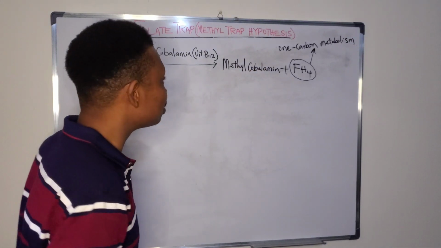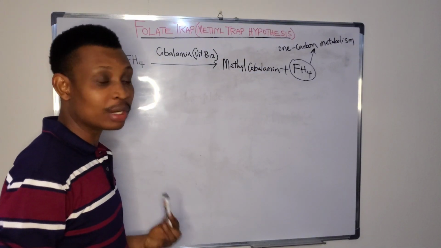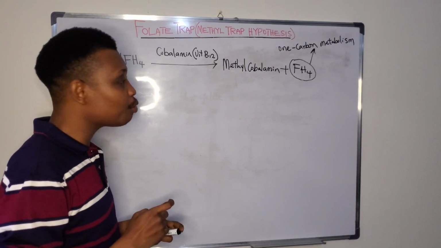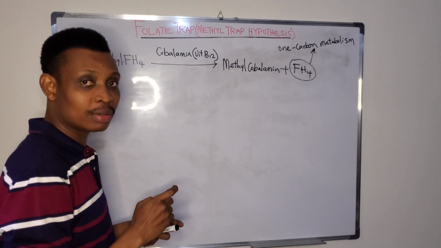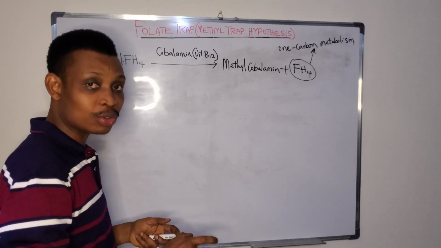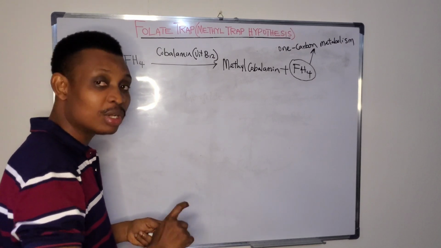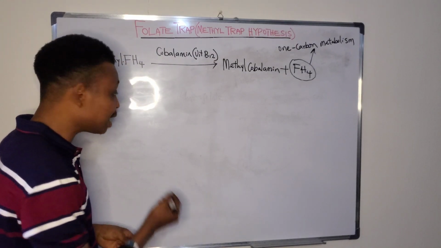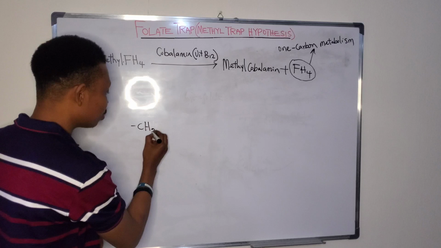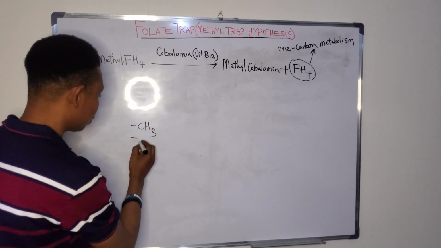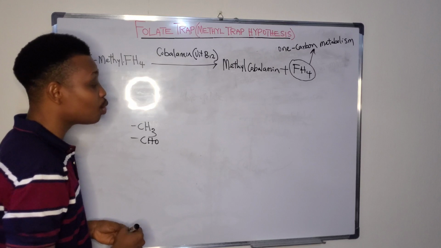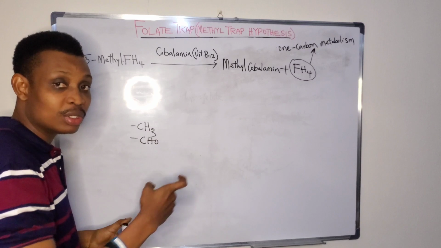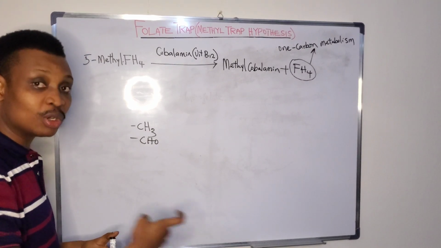So one carbon metabolism is simply a complex series of biochemical reactions that has to do with the transfer of one carbon unit between molecules. Now the one carbon unit could be in the form of a methyl group or a formyl group, right? So tetrahydrofolate plays a role in transferring one carbon unit between molecules, and